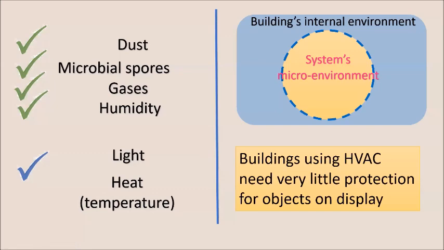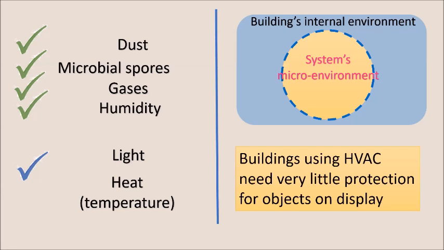We'll be talking about the system's microenvironment and how it is required or not required in certain cases. And we'll also talk about the various things: the dust, microbial spores, gases, humidity, light and heat. Light and heat won't be discussed as much as the first 4 points. I'm saying that we'll talk about why this exchange of matter or energy is of course being transferred, but even matter, if it is transferred from the environment, the surroundings, to the system's microenvironment, is okay in certain cases because